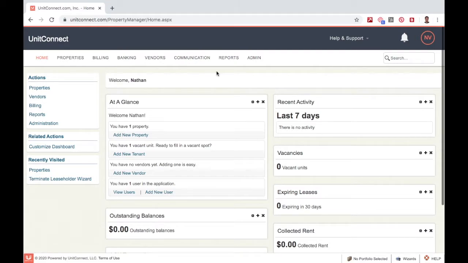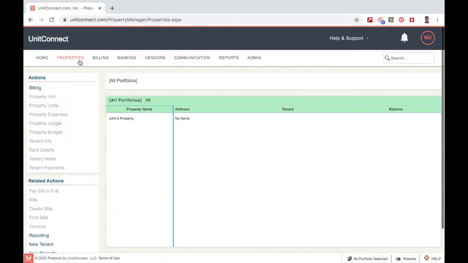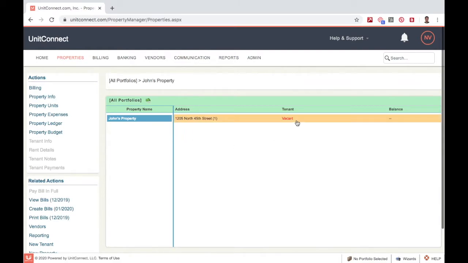In this video, I'm going to be walking you through how to add a tenant to a vacant unit within a property. So I'm going to go over to my Properties tab from the dashboard, and this is where we can see all our properties. In a previous video, I showed you how to create a new property, so please reference that if you haven't made it this far. And so I'm going to use that property, which is labeled John's property, and we can see that it has one unit with a vacant tenant. So I'm going to click on this vacant unit and add a new tenant.